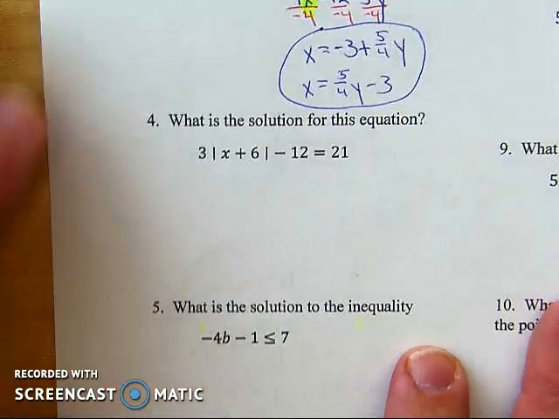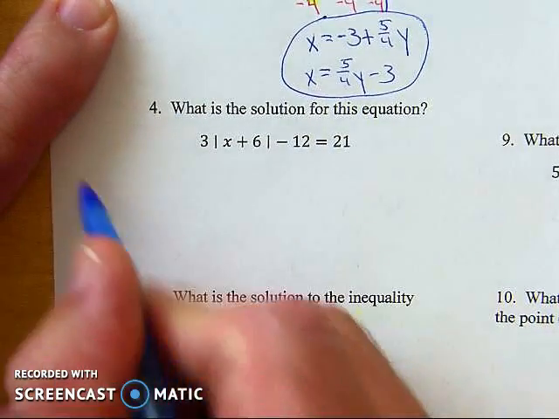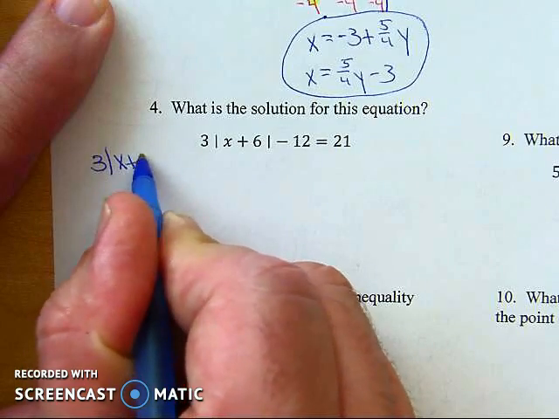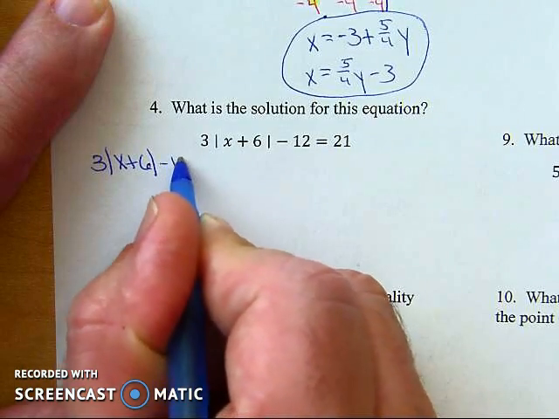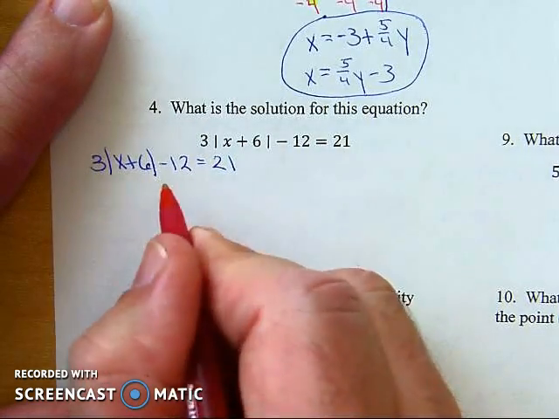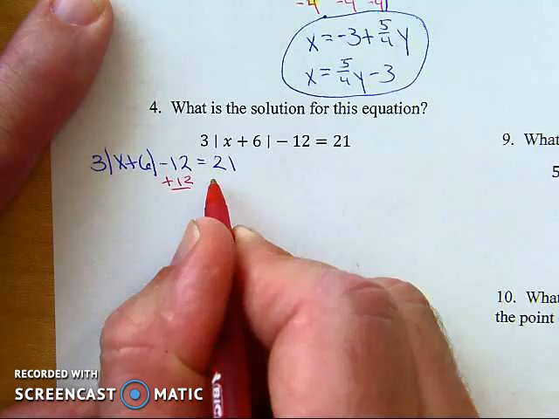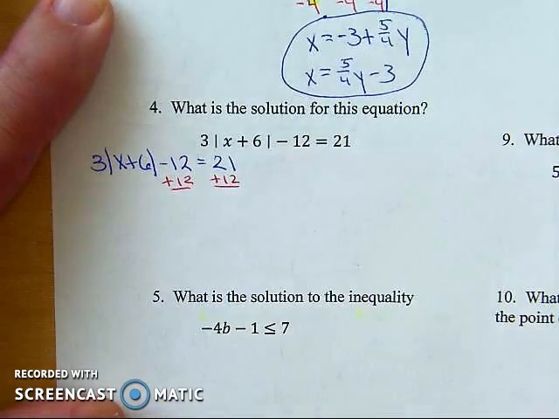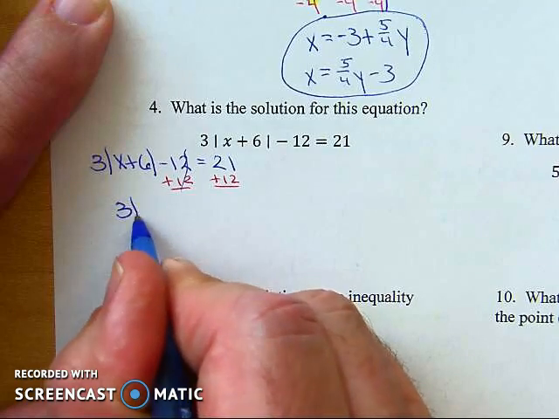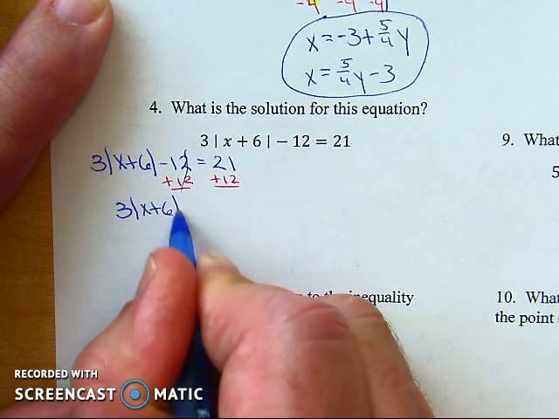Number 4 is the absolute value problem. So I'm going to go ahead and write this again over here, because these tend to take a little more time or space than you would think in the beginning. So the first step is I'm going to go ahead and add 12 to both sides. That'll cancel out the 12s and leave me with 3 times the absolute value of x plus 6 is equal